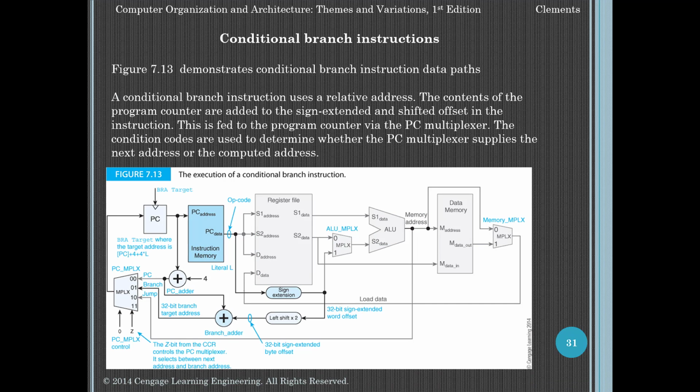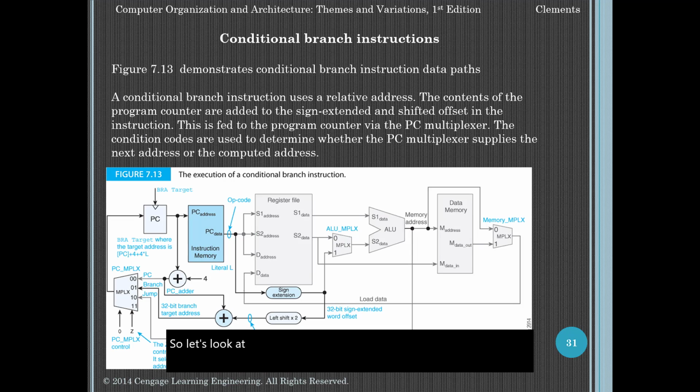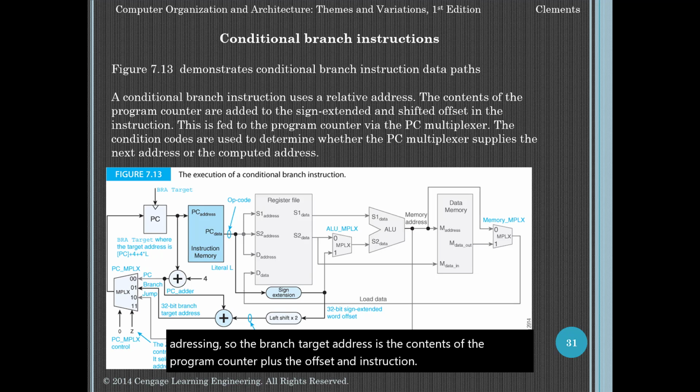So let's look at our conditional branch instructions so we can compare how these differ. So we have our BEQL, and in this case we use the program counter and the relative addressing. So the branch target address is the contents of the program counter plus the offset in instruction. So let's take a look at the figure to walk through this and we can kind of see how this